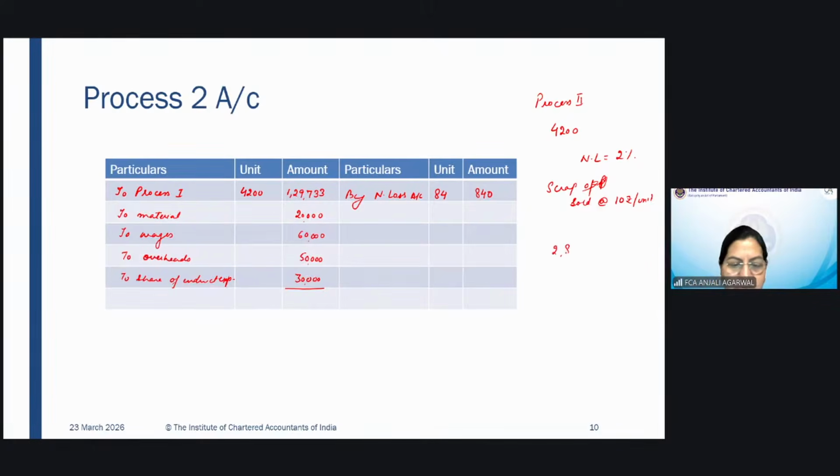So the total cost is 289,733 minus 840, and divide by total units, 4,200 minus 84. Now, whether there is abnormal loss or abnormal gain doesn't matter. This rate will be the applicable rate. This minus 840, ultimately 2,88,893 is to be